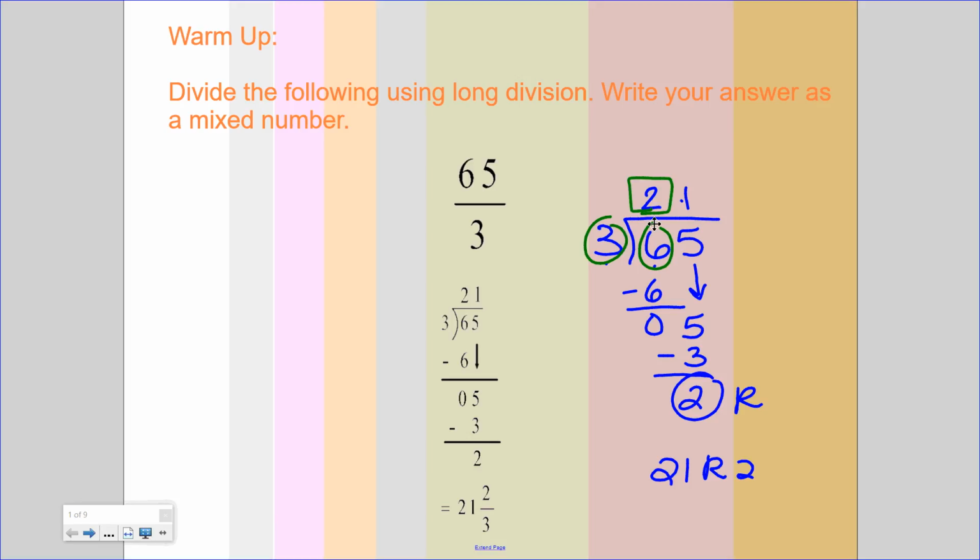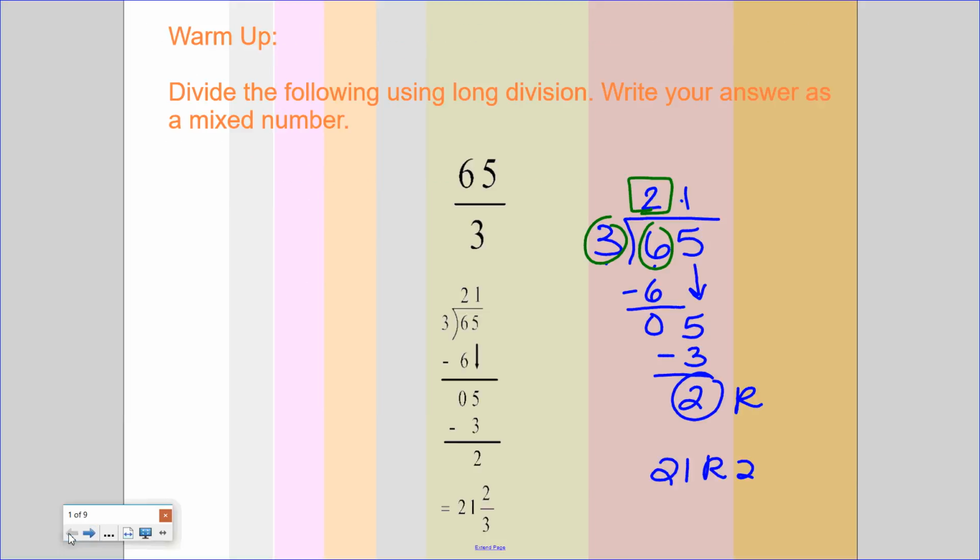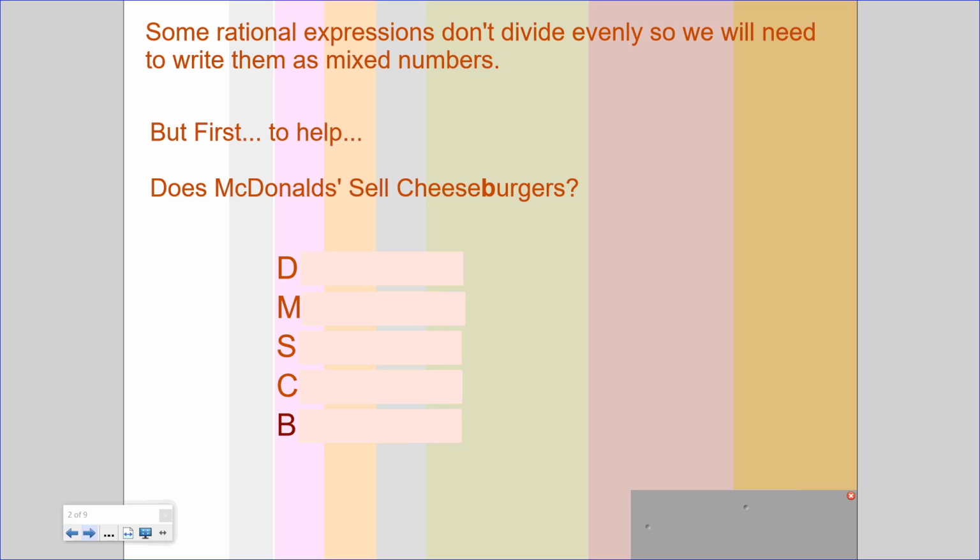So the D stands for divide, and does McDonald's, the M stands for multiply. Once we got that 2, we multiplied it by the 3 on the outside. So 2 times 3 gave us 6. This was multiplication. Once we multiply and get our number and write it down below, we subtract whatever we got from what's under the radicand,